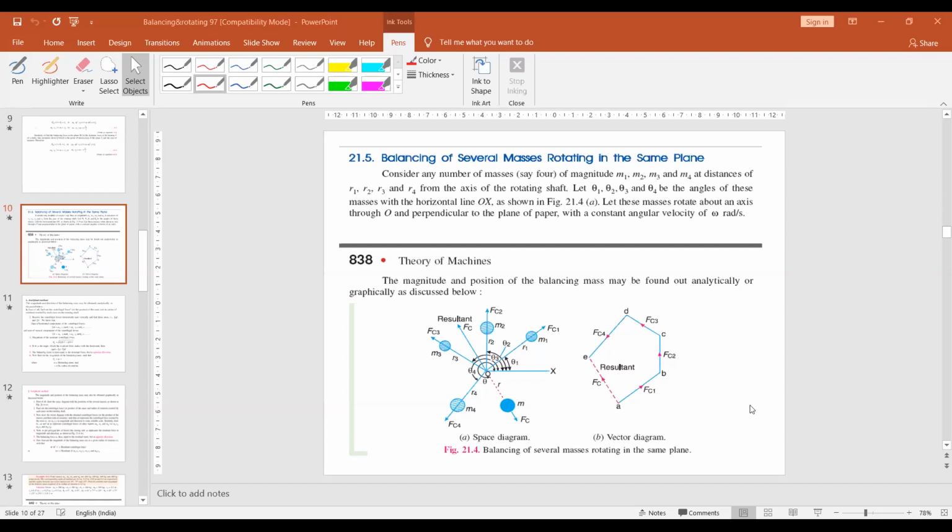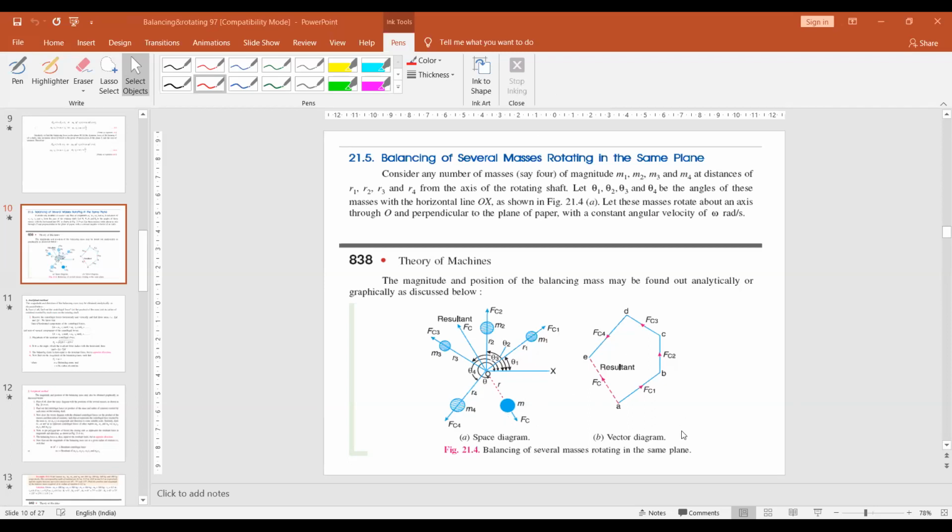Just observe our vector diagram, how to construct the vector diagram. The very important thing is, before drawing the vector diagram, first you draw the space diagram. It is required. Now we are going to make our vector diagram by the graphical method. In the graphical method we also have some steps. Listen to those.